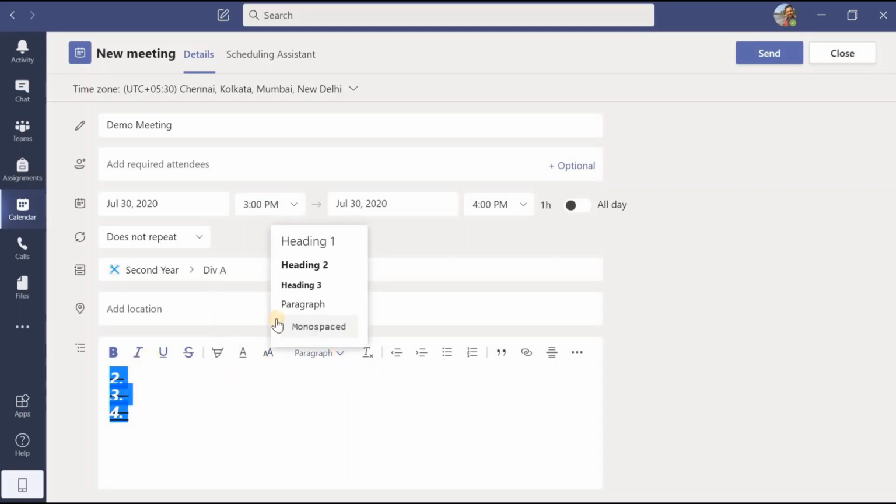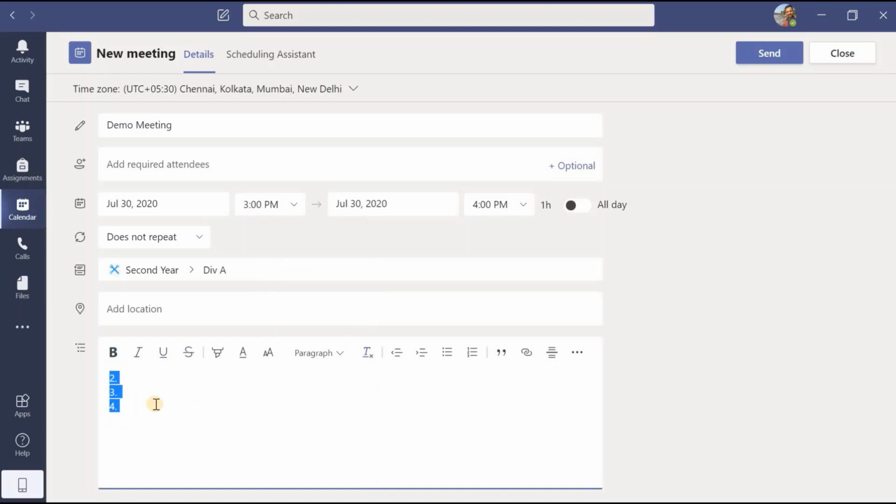Whether you want to write in terms of heading 1, heading 2, heading 3 and paragraph, that is also possible. If you want there to be no formatting, you can click on this button and all the formatting will be deleted. Suppose something you want left aligned, something centrally aligned, you can do that. If you want to add bullets, numberings, or quotations, you can add them.